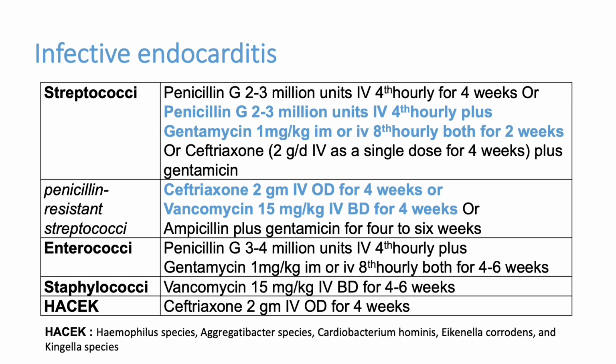So in a case like infective endocarditis, where the patient can deteriorate very fast, we use vancomycin. That is a drug of choice. If we are suspecting ASEC organisms, ceftriaxone 2 gram IV OD is enough. But many physicians, as empirical therapy, start ceftriaxone, gentamicin plus vancomycin. These are the combinations they use.